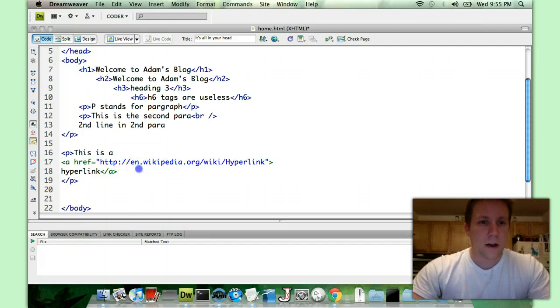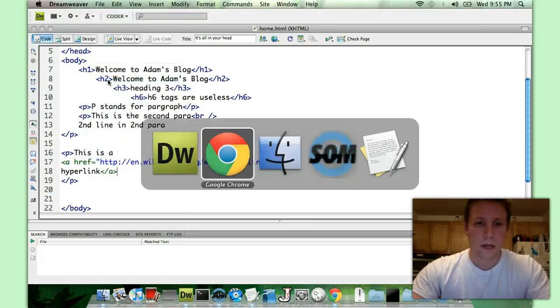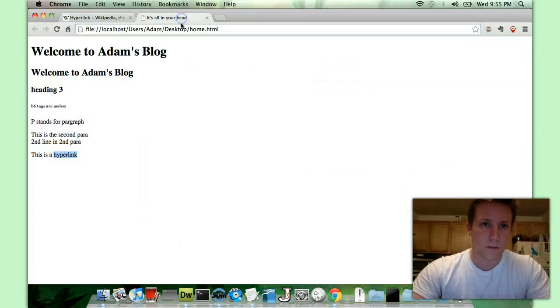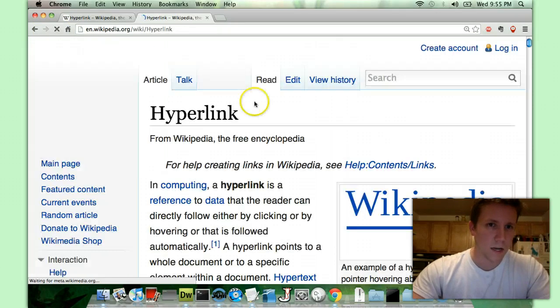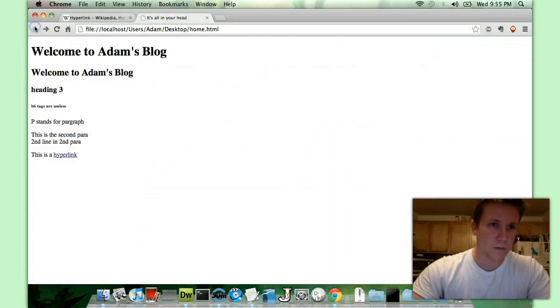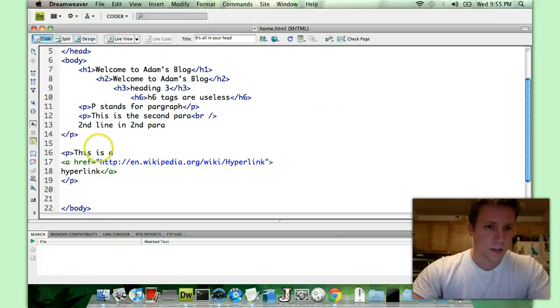Alright, so now if we save the file and give it a refresh in Chrome, look at that. This is a hyperlink. And then when we click on it, it goes to that web page. Okay? Another thing you're definitely going to want to memorize is